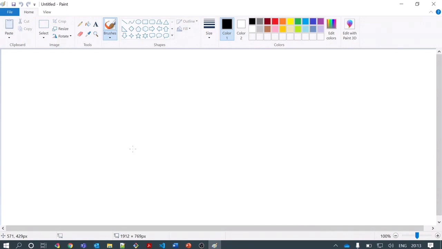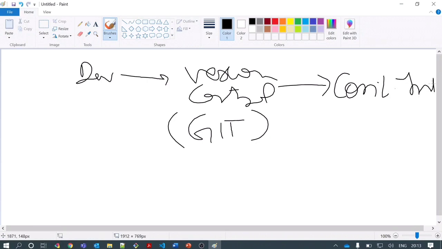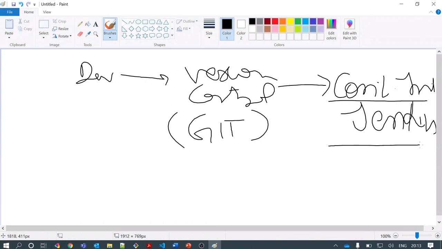Okay, so we'll discuss continuous integration. So let's see how Jenkins can be used to manage continuous integration effectively. If you remember the diagram that we discussed in the Introduction to DevOps session, we are going in series from development to version control, that we covered inside Git, right? And now we are learning about continuous integration using Jenkins. So this is where we are covering every topic in series.